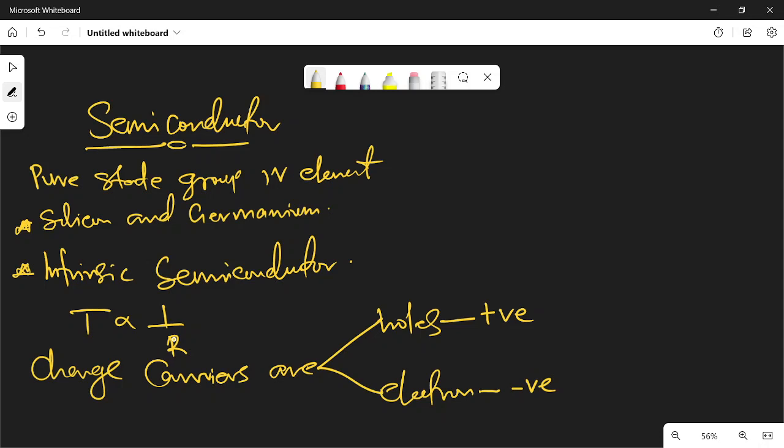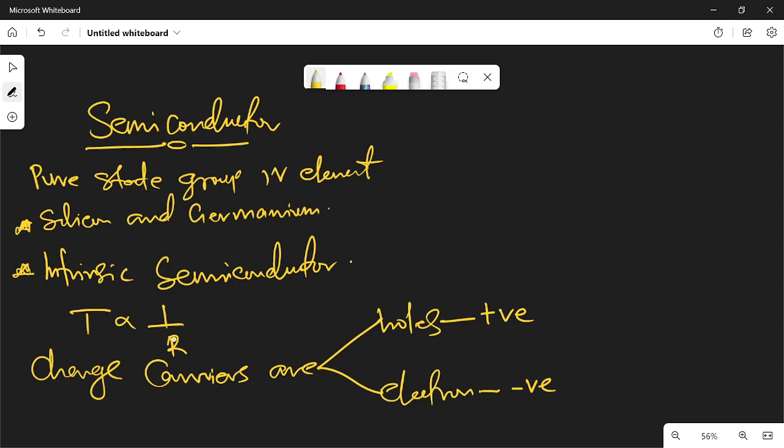So I'll quickly recall that before we move on. We said that semiconductors are materials whose conductivity is intermediate between conductor and insulator, and in their pure state, that is intrinsic semiconductors, they are group 4 elements, and they exhibit what? Covalent bonding. That means they don't have sufficient ions to carry electric charge. Therefore, they are poor conductors or insulators. When you increase the temperature of an intrinsic semiconductor, the resistance reduces.